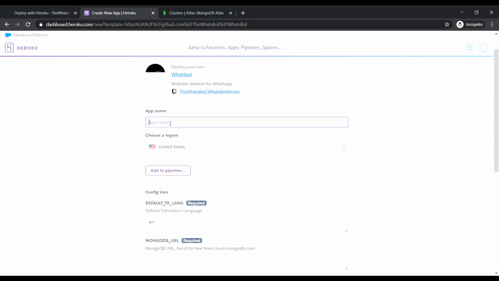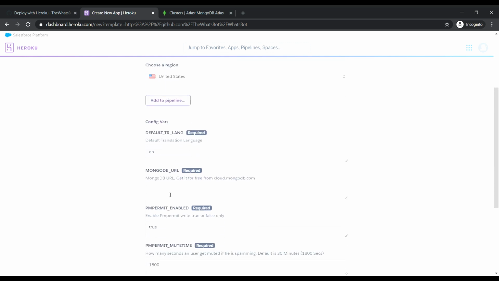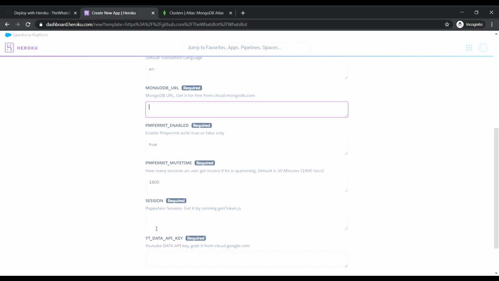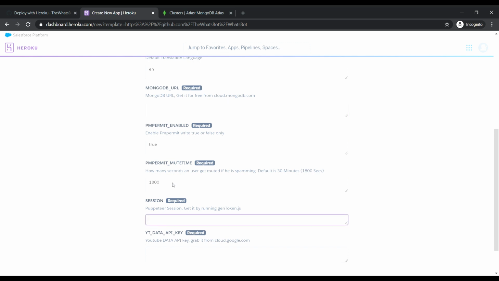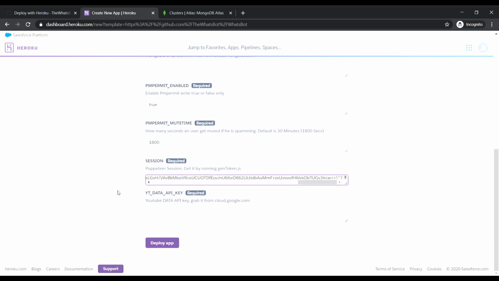Okay, let's give it an app name. In this case, that is hotspot development test. Here on session, paste that JSON you got from REPL.it.